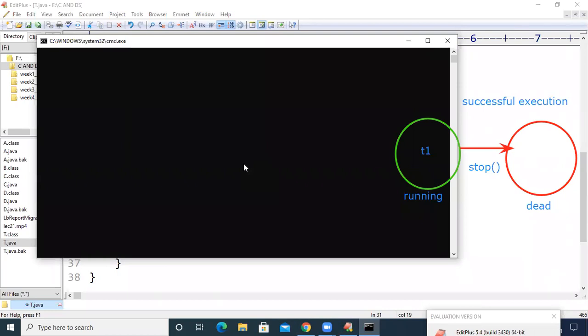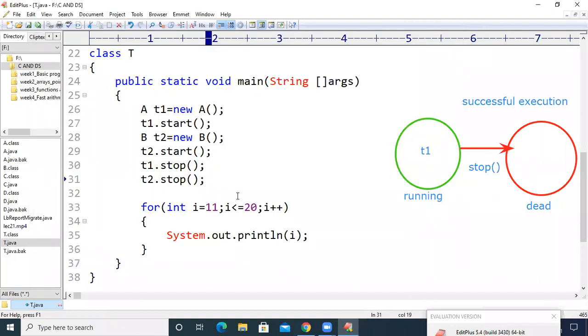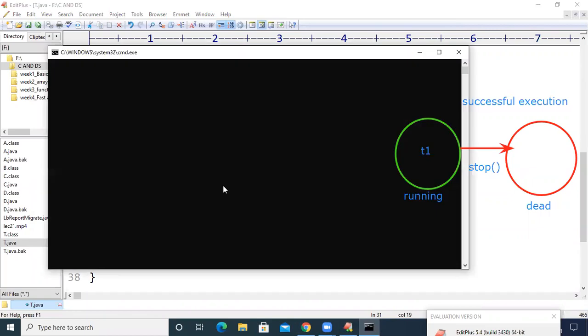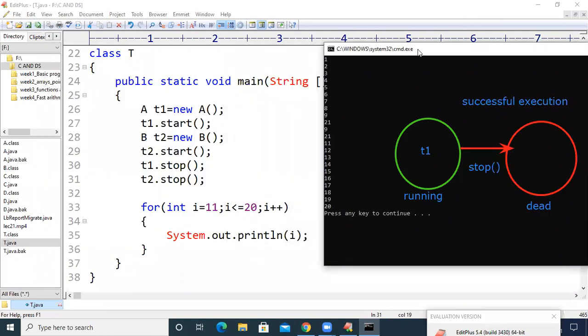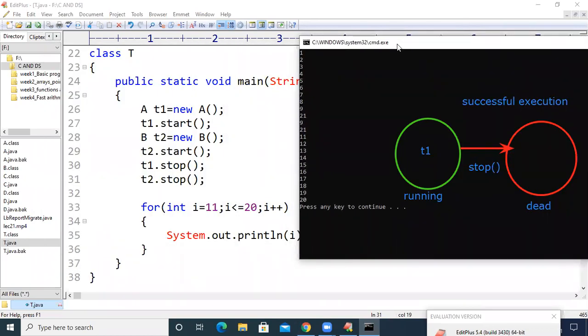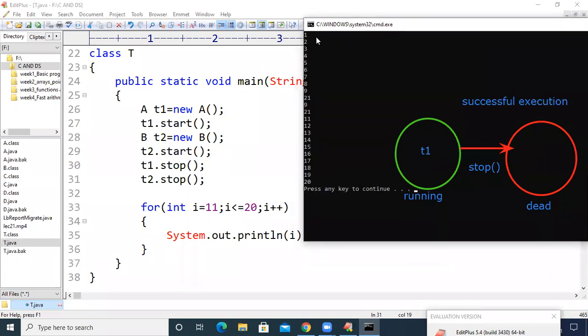So if I run the code, okay, no problem. If I execute the program, you can see here the numbers from 1 to 9 have been printed on the output screen, and then 21, and 11 to 20 have been printed on the output screen.